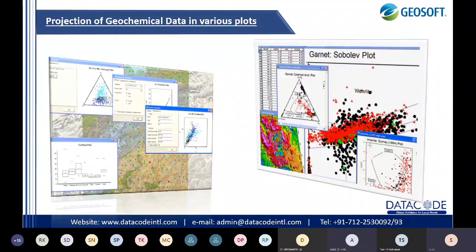Okay. So similarly, just one last question. Geochemical anomaly maps are there, like the anomaly map for gold, anomaly map for copper, anomaly map for base metals or PGE elements, a number of elements. In this Geosoft Target, are we able to generate the geochemical anomaly map? Yes, surely. Thank you, sir. I will show you in the demonstration. Okay, thank you.